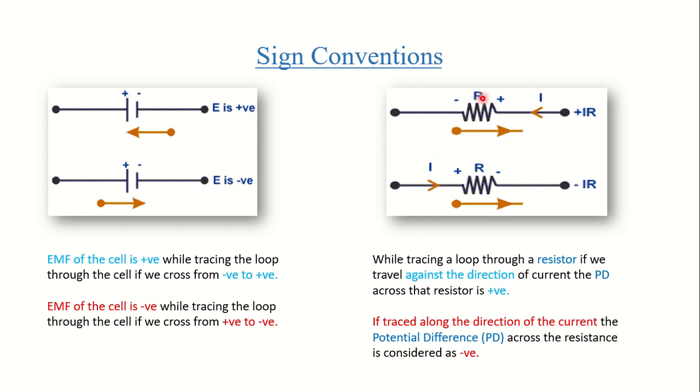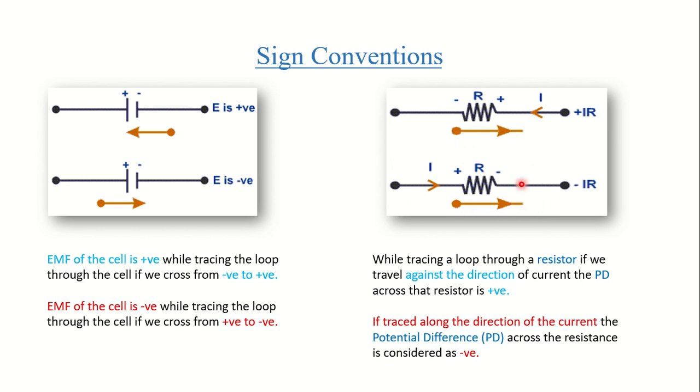Now coming to the direction of the potential differences. Fall of potential takes place across a resistor. And so here we will see the second diagram first. Why? Because here the directions both are the same. See, this lower arrow shows the direction of the loop, and this arrow shows the direction of the current in the circuit. So here you can see the direction of the current and the direction of the loop when it is passing through this resistance is the same. They are both in the same direction.